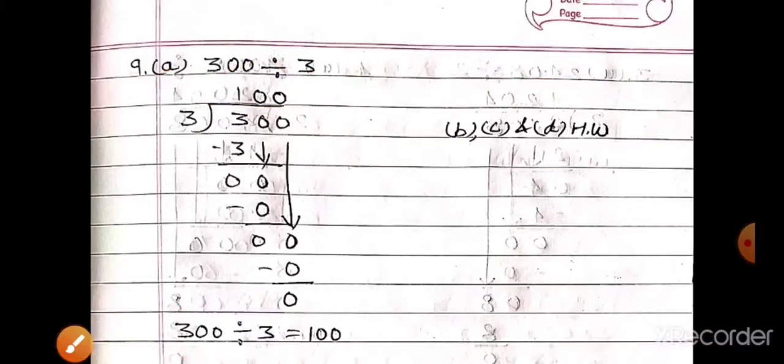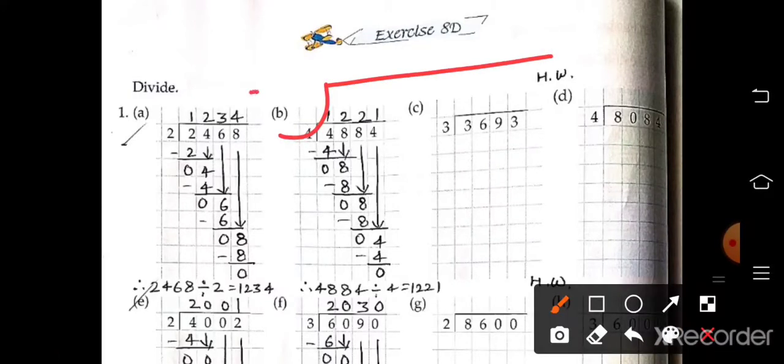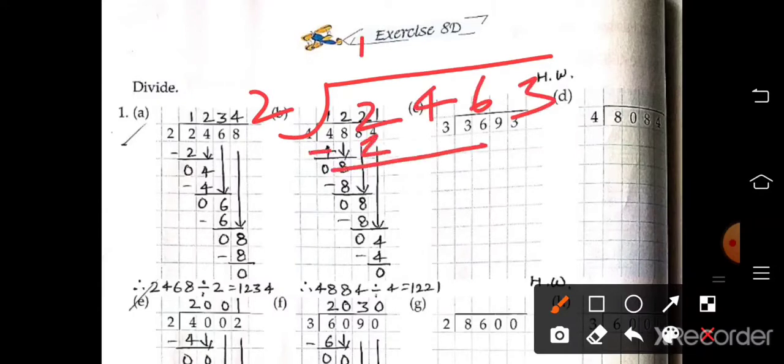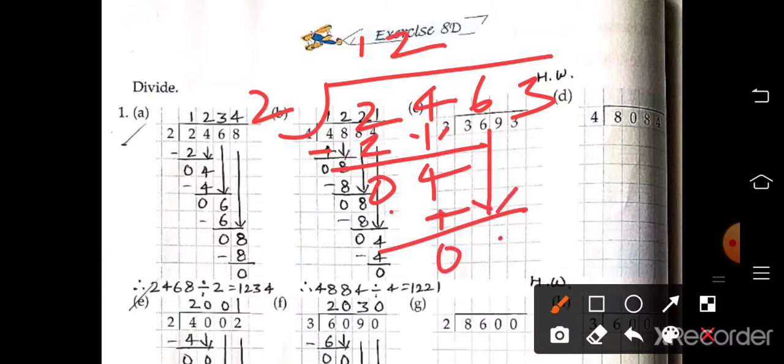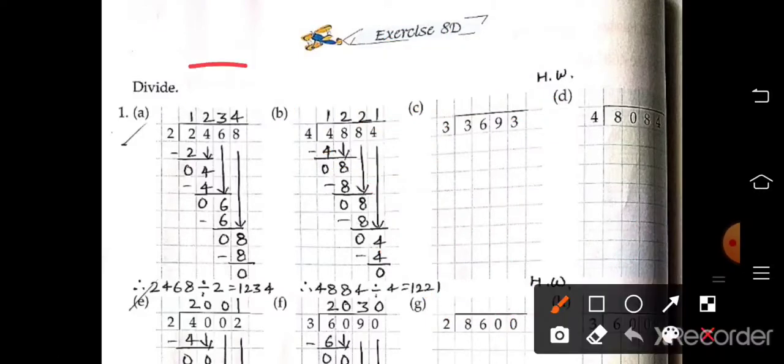Okay. Now the next exercise. Next exercise 8D. 4 digit number by 1 digit number. Okay. So simple. 2468. 2 1 ja 2, 0. Then this 4 right here. 2 2 ja 4, 0. Then 6 right here. 2 3 ja 6, 6. Okay. 0. Then 8 here. 2 4 ja 8. Okay, so like this you have to do.